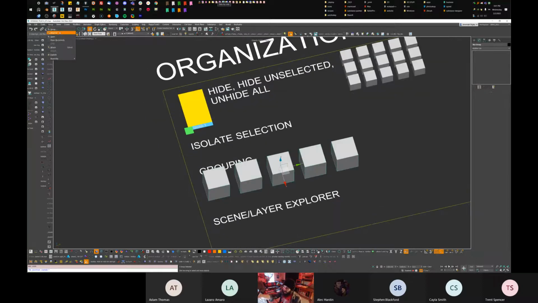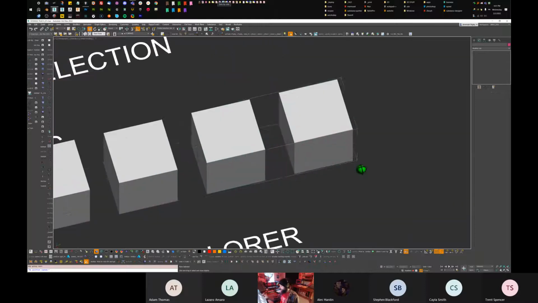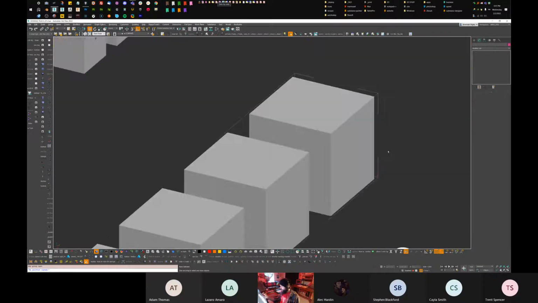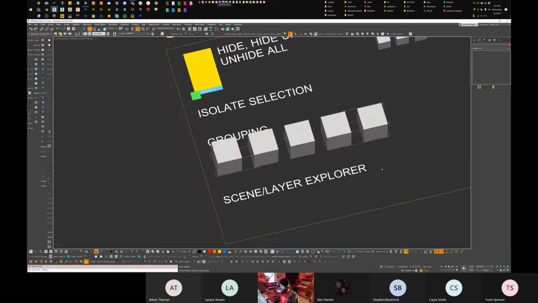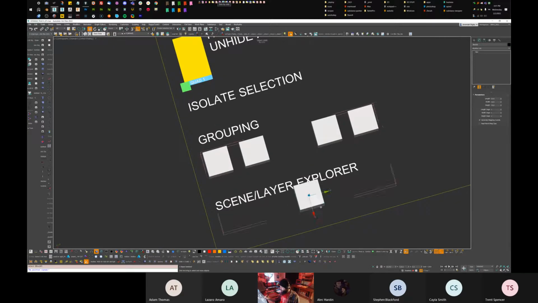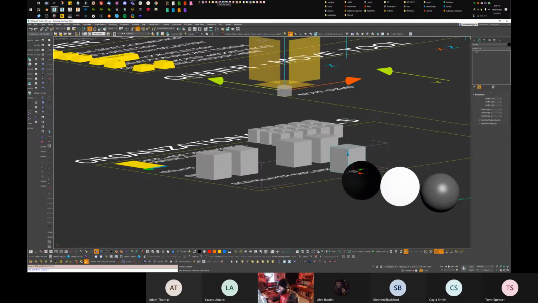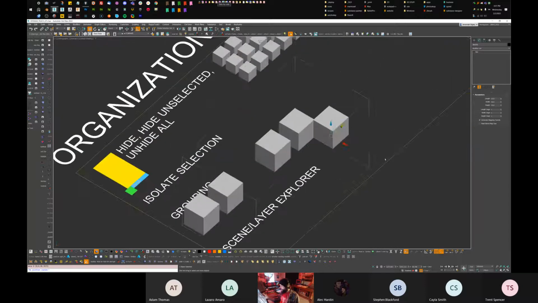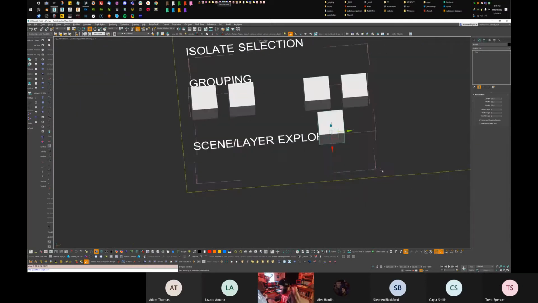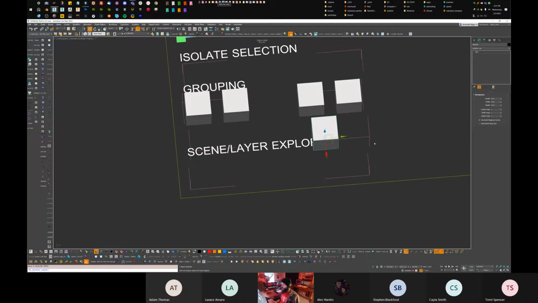You could say group and open, and you're going to see I get this little pink box that floats around that, and that's just kind of an indicator that these group items belong to each other. So if I move an object, you can see how that group box extends, and that little pink box is an open group. That's what it's letting you know